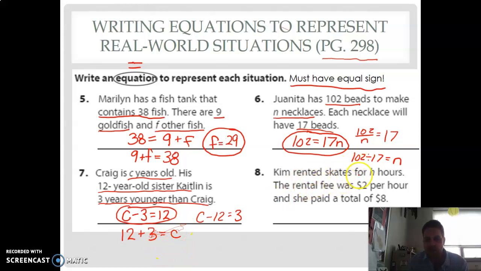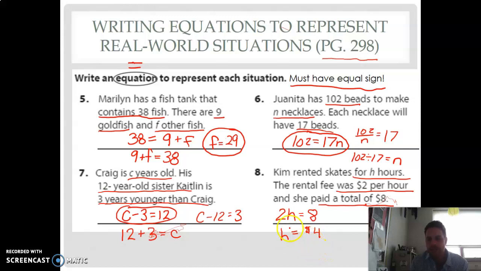The last one, Kim rented skates for H hours. The rental fee was $2 per hour, and she paid a total of $8. All right, so she rented skates for H hours. We don't know how long, but we know that for every hour, she paid $2. And in the end, she paid a total of $8 for the skates. Okay, so I believe we're taking $2 times however many hours she's going to skate, and in the end, that would be 8. So our solution to the equation in this case, H would equal